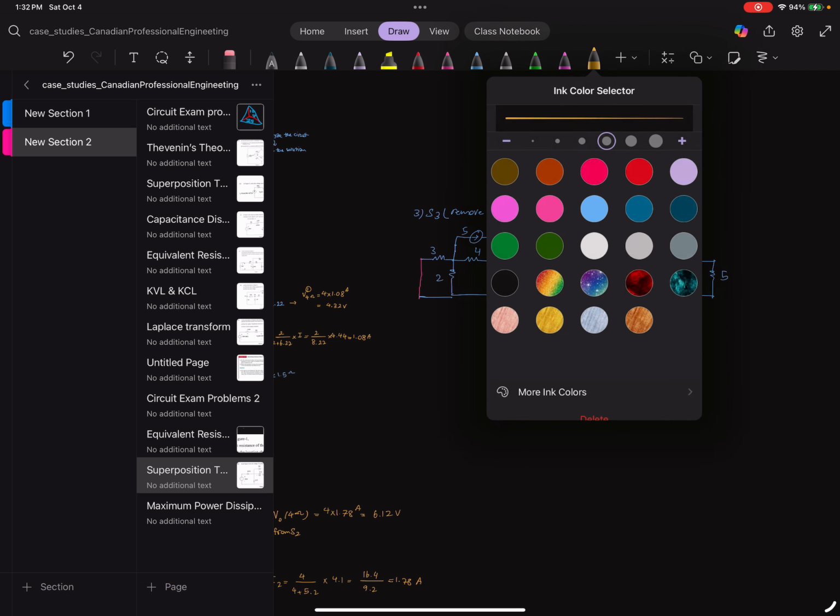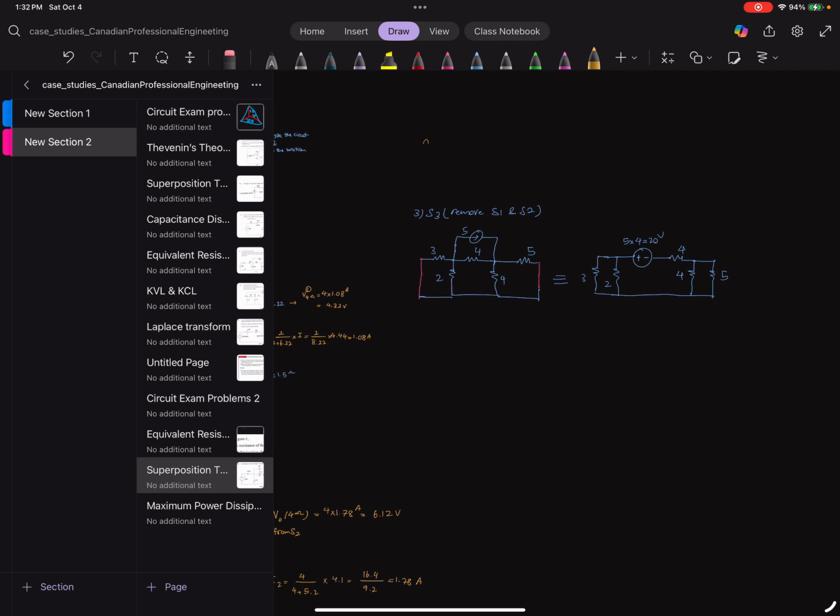That's why loops are there. So we have I1, we have I2, we have I3. So that one was really hard, right? Now